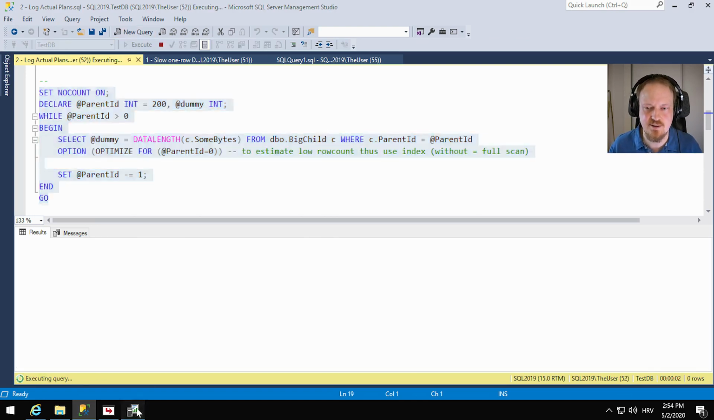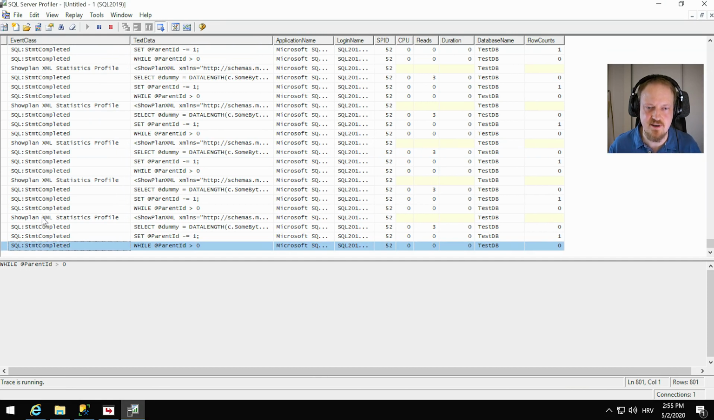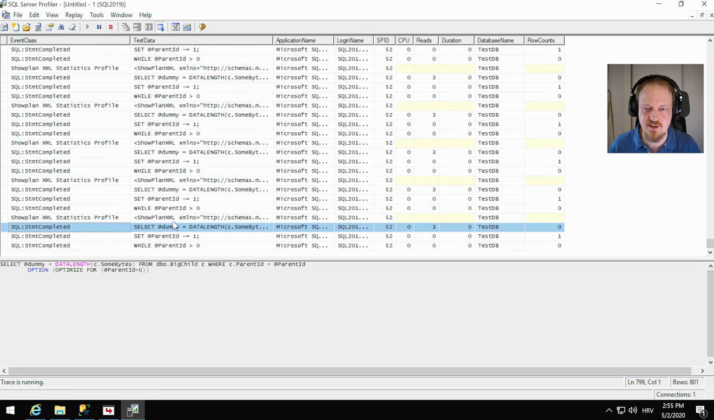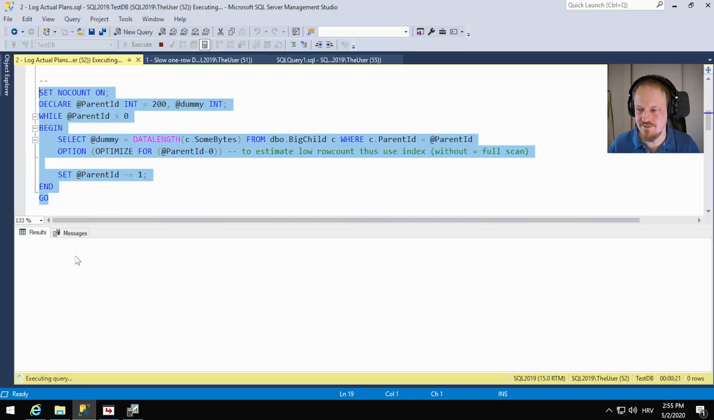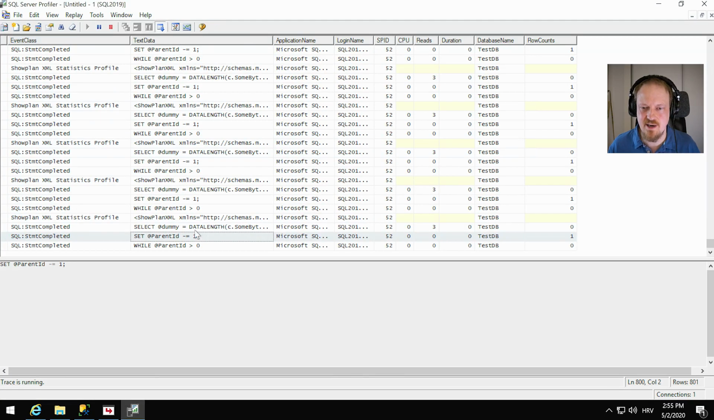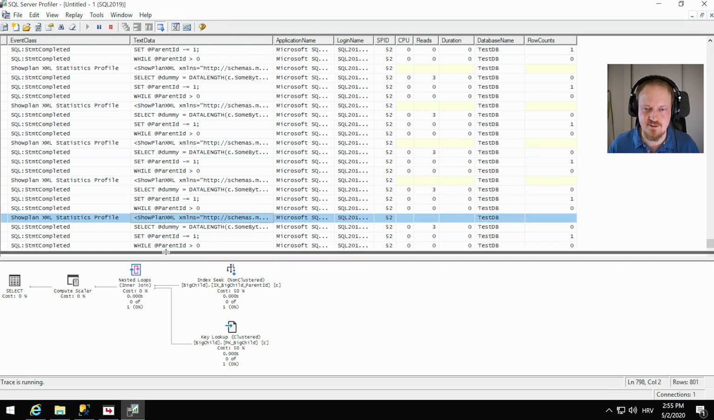So while it is executing, we should see the event name which was captured, the text, and then we see row counts here. So the last execution, if we reach it. Still we are not on the last execution. But let's see this execution. We have